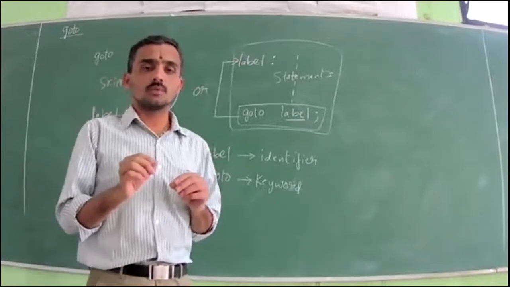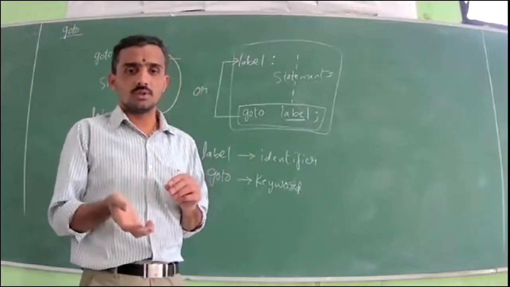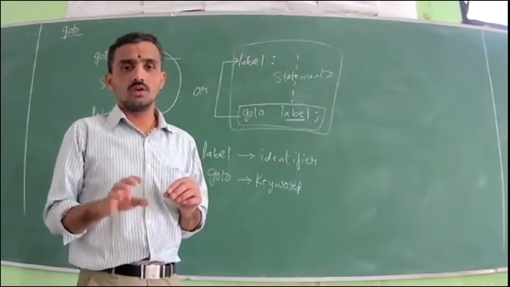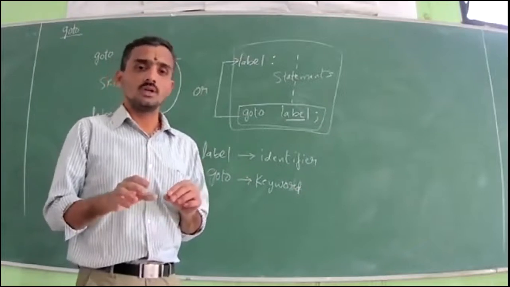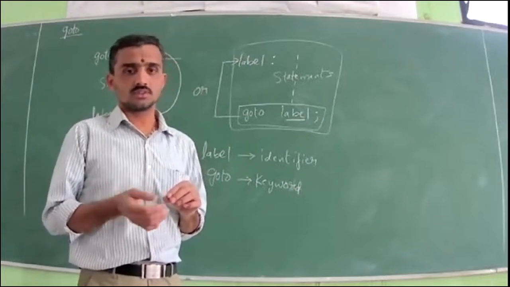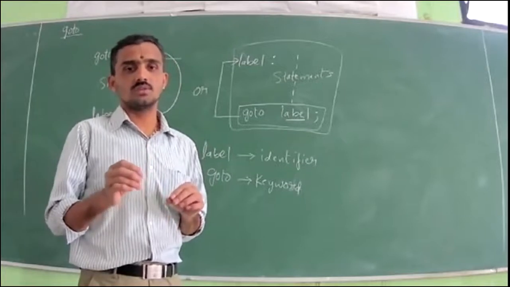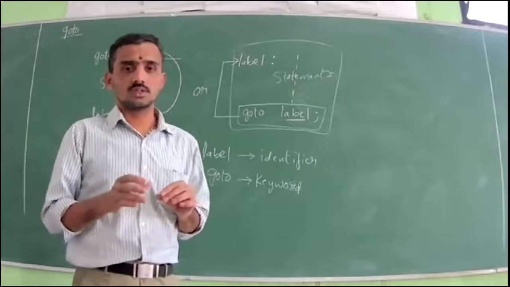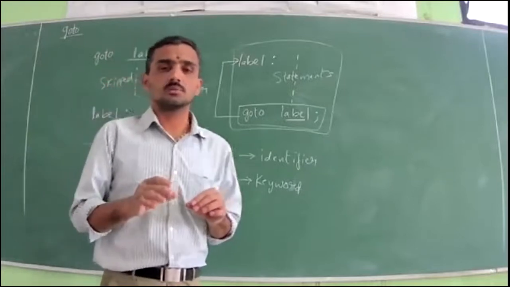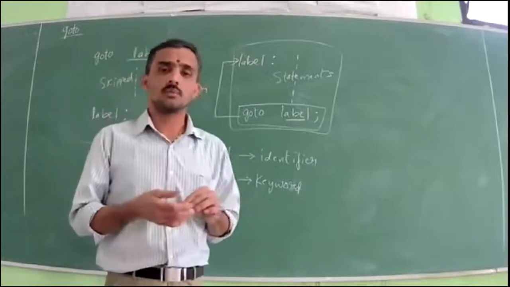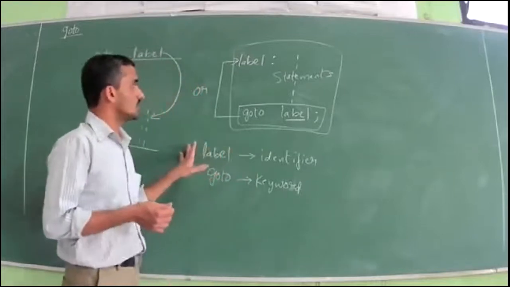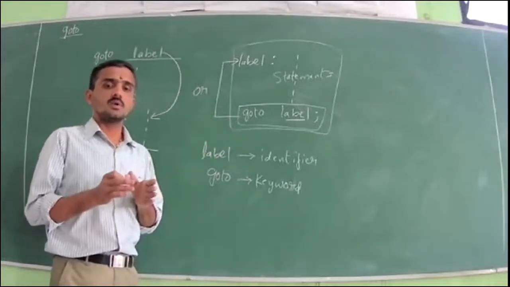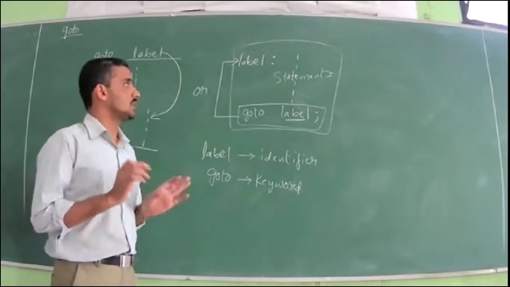Overall, transfer of program control is like either statements will be skipped or statements will be repeated for execution. In case of looping, statements are repeated, that means execution repeats. In case of if statement, if else, nested if, else if ladder, switch statement, statements are skipped. So in case of conditional statements, or selection statements, statements are skipped. In case of looping, the statements are repeated one or more times. So here also, when we use the word goto, there is a transfer of program control, either skipping of statements or repetition of statements.